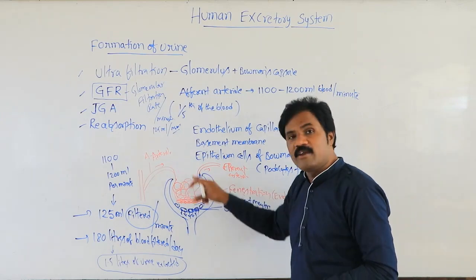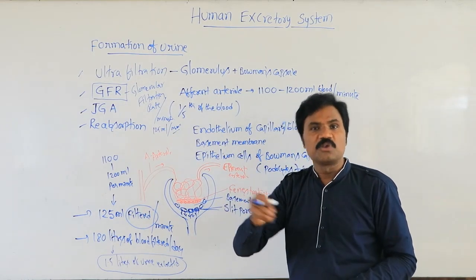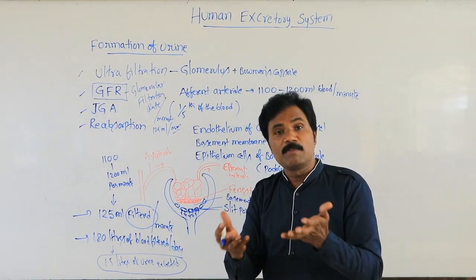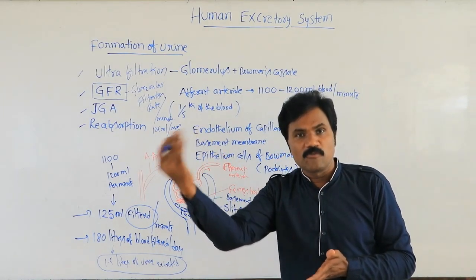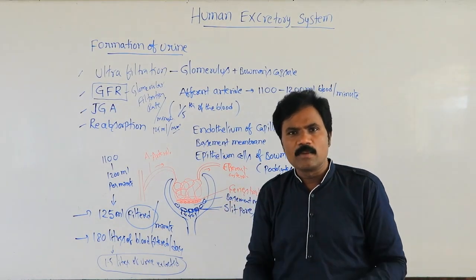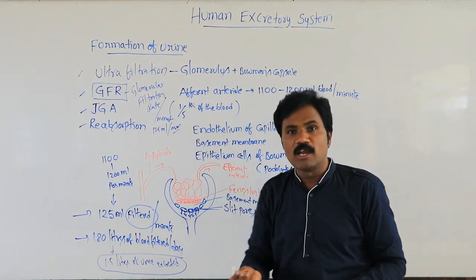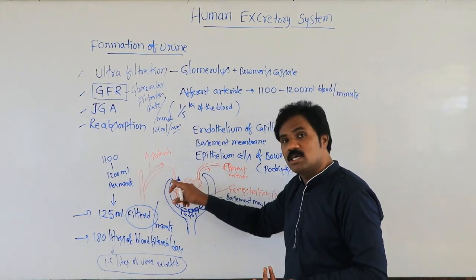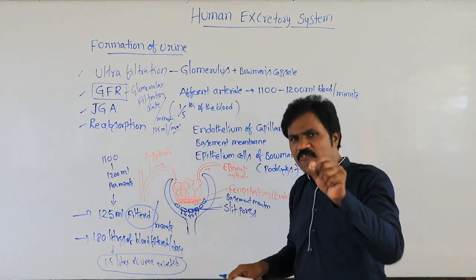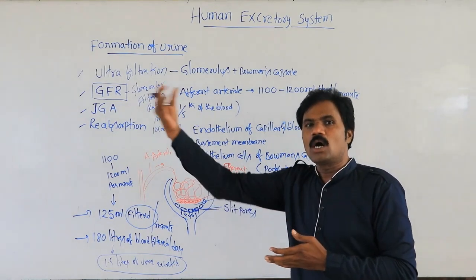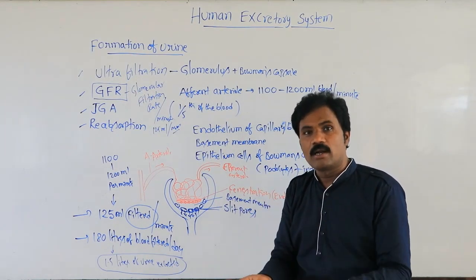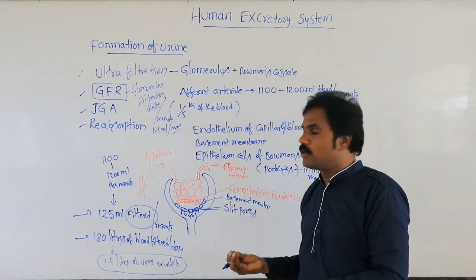While this filtration happens, a specific pressure is required. A little bit of pressure is always needed. Without an examination there is no pressure. If there is an exam next week or in the coming days, then you read a little. If there is no exam, nobody reads. So minimum pressure is required. Similarly here, the pressure comes from the afferent arteriole. Afferent means incoming, efferent means outgoing, beyond the glomerulus.